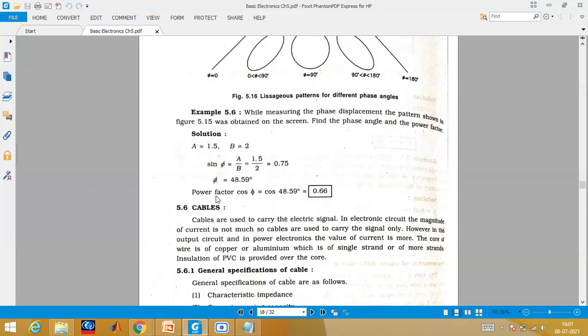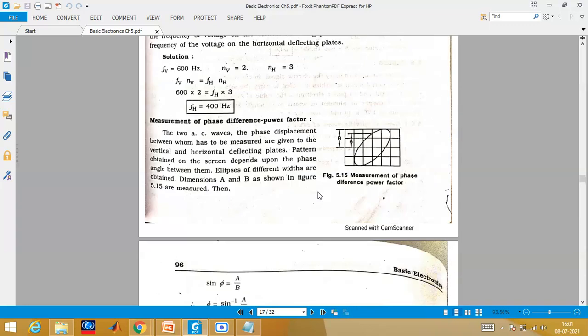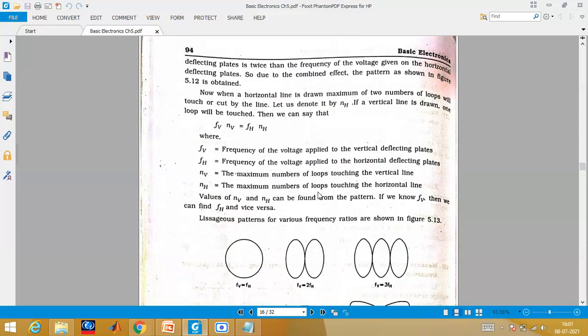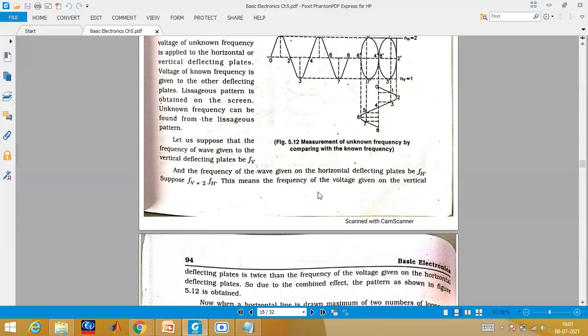Then if you want the power factor, as we have calculated phi, cos of phi is nothing but your power factor that you can estimate. So this is something related to CRO, where we have studied the block diagram of CRO, the various blocks of CRO in detail. We have studied the front panel of CRO, the several buttons associated with it: time per division, volt per division, x-axis, y-axis, x shift, y shift, and so on.